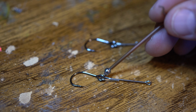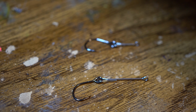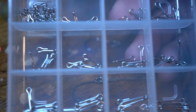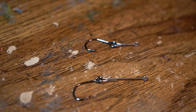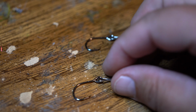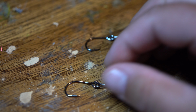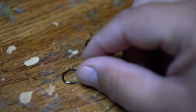Now with modern technology and the ability to get about everything off of Amazon and eBay, you can buy these hook shanks, and so this is a little assortment I just got off of Amazon. So you can see it has all these different sizes, and they've got the little clip on the back so you can use different sizes hooks as well. And so it's actually become pretty easy and time effective to just buy these little shanks. They're pretty cheap, especially if you buy them in bulk, and then just clip your hook on and away you go. So today we're going to tie